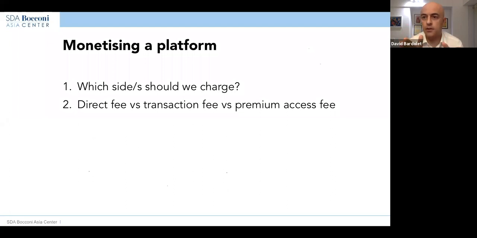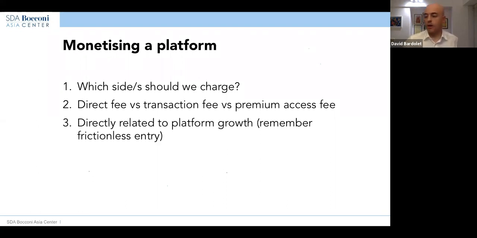But another big decision is how to charge. Do you charge a direct fee to every user of the platform? Or do you just charge a transaction fee? Whenever there is actually a sale, you take a bit out of that. Or do you charge for some premium access? So being in the platform is free, but if you want that additional service, we'll charge you. There are different ways of charging, of making money. And depending on the type of platform and the type of customers that you have in there, the type of people using it, you have to choose one or the other. Of course, today we really don't have time. I'm just laying out a little bit the big topics. We don't have time to get too deep into this.